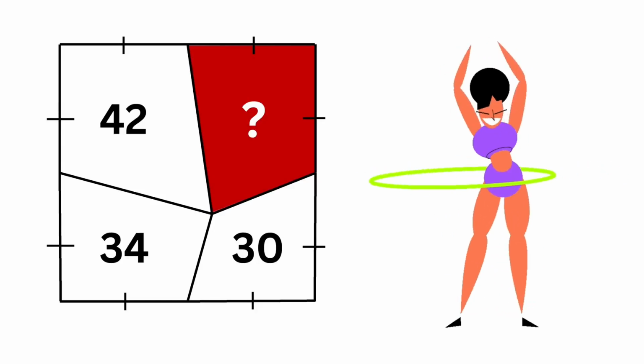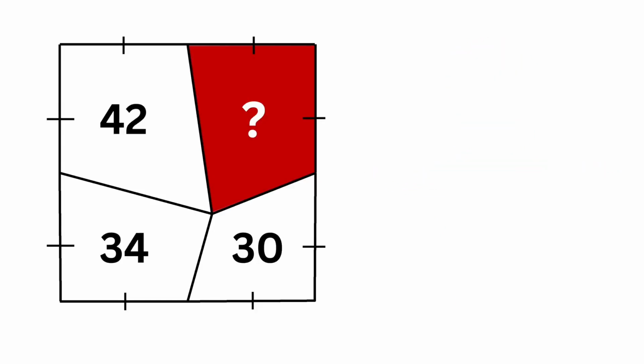This question is really fun to solve. It asks us to calculate the shaded area, which is this area here. We know that this region has 30 unit squares of area, this other one has 34, and this one has 42. We also know that this piece has the same size as this one, which has the same size as